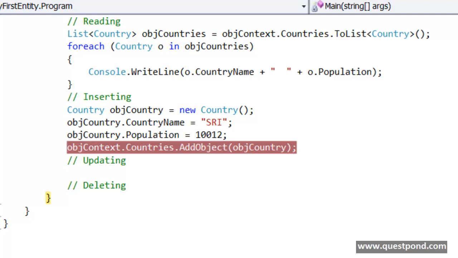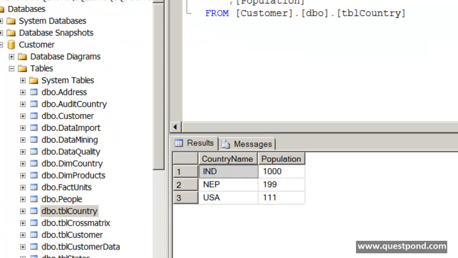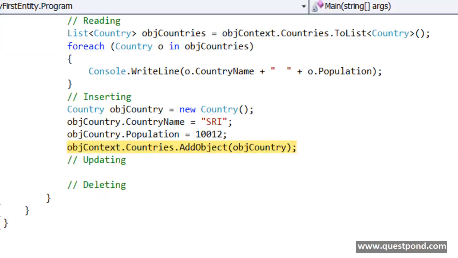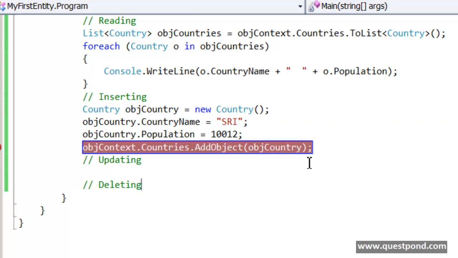Now let's quickly jump back to the database and see if Sri Lanka is added in the database, and it is not. Surprising, right? Well, basically this add object method actually adds records in memory. For example, let's say you want to insert hundreds of country records to SQL Server. Before that, you'd like to first add everything in memory and validate it, right? So everything happens in your RAM here. And once all the things are validated, then you say, okay, now save the changes.